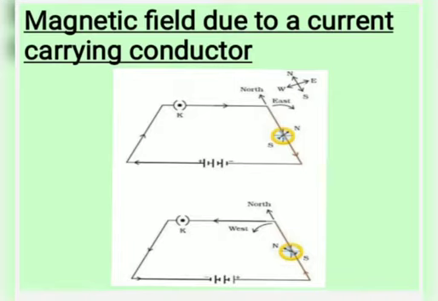In our second figure, we change the direction of current. That means we replace the positive terminal by the negative and the negative terminal by the positive terminal. Now the direction of current is from south to north. So you can see that the deflection of the compass needle is in the opposite direction, that is, towards the west. In this activity, we conclude that when the direction of current is reversed, the direction of the magnetic field produced by the conductor is also reversed.